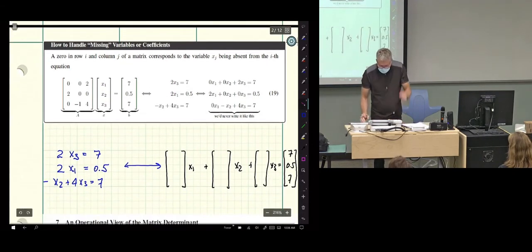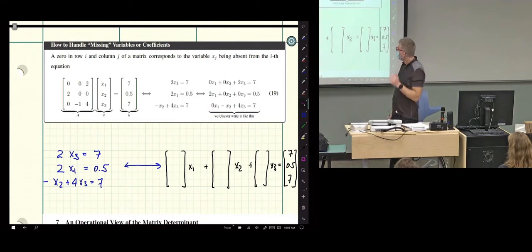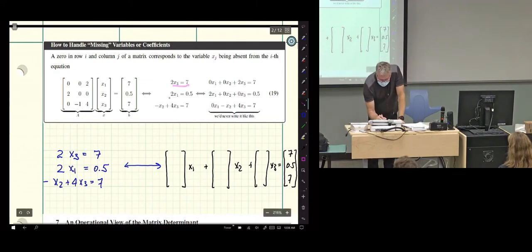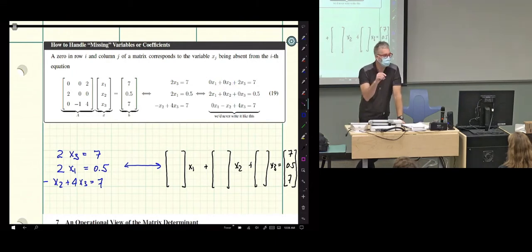Now when we're writing down these equations, it's super important, so here's how we would normally write equations. We don't normally write the zeros. Nobody writes down 0x1 plus 0x2 plus 2x3 equals 7. You just don't write that down when you're writing equations. It would seem stupid, redundant. But if you're going to build the matrix, it's important to think about it that way because those are zeros